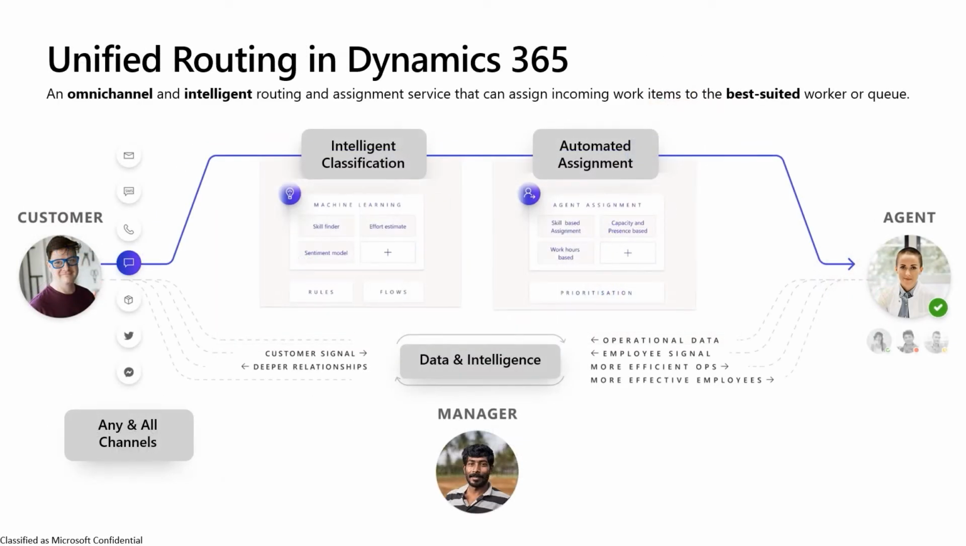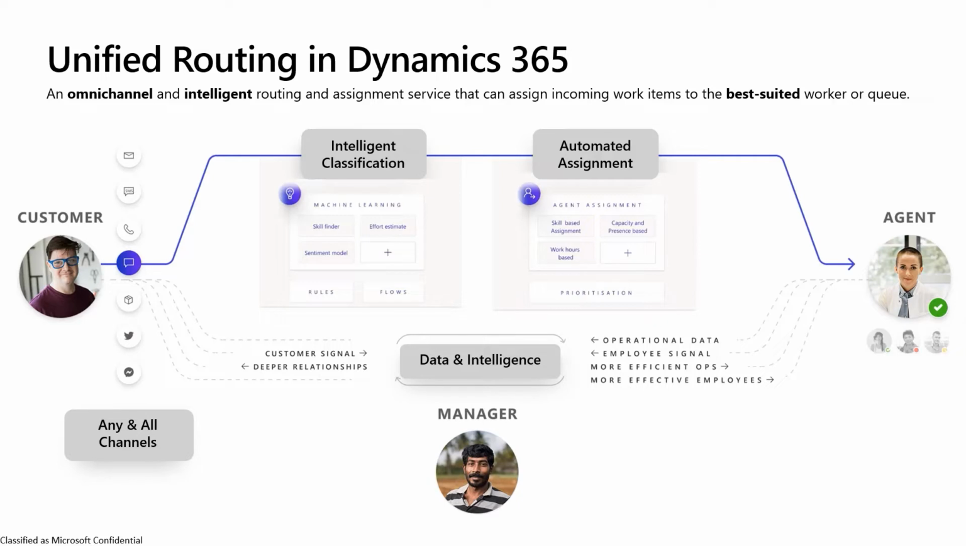This is where unified routing comes into the picture. Unified routing in Dynamics 365 is an omnichannel and intelligent work distribution service that can connect the customer to the best suited agent. It eliminates the need for constant queue supervision and manual work distribution. Agents can resolve issues faster when their strongest skills are being leveraged. This ensures customer issues are handled as quickly as possible by the best available agent, resulting in increased customer satisfaction